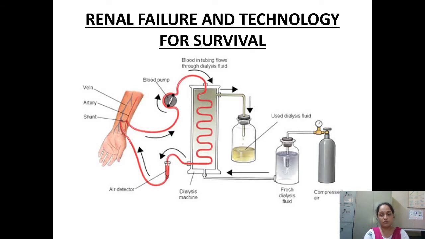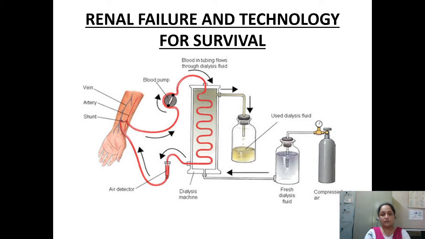Here is a picture, once again I'll show. This is the blood which is going to be sent, ये blood pump है, ठीक है, it is going to be pumped inside this dialysing chamber. ये dialysing chamber कहलाता है. इसमें ये जो आप pipeline देख रहे हैं, this is an artificial pipeline or tube made up of cellulose. Basically it's permeable for water and some ions, urea, but it's not permeable for everything like RBC, WBC, platelets.